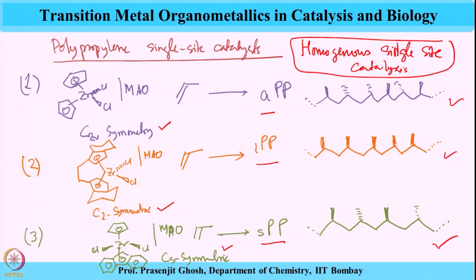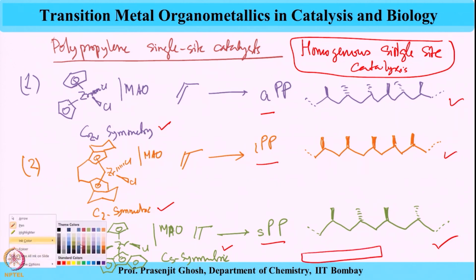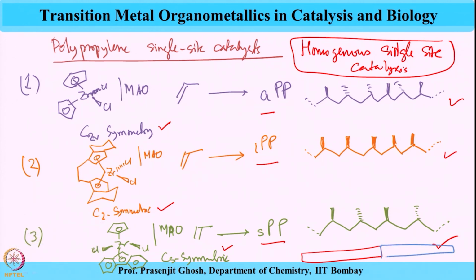Now, stereo block polypropylene means that this is two polymer segments of polypropylene, one may be this, the other in cartoon I am giving of another color. So, this is stereo block